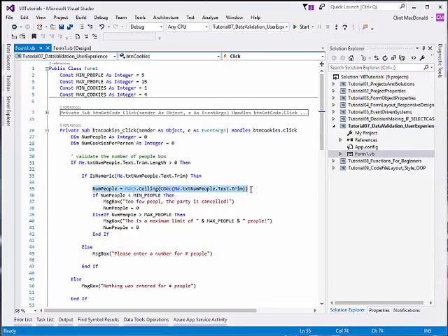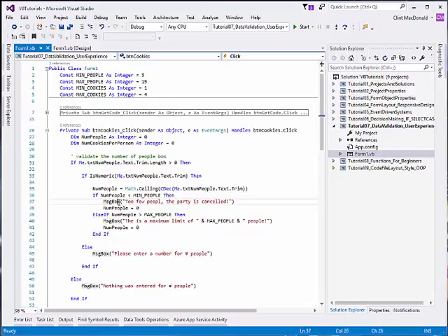Once we know it's numeric, we can perform our first mathematical calculation on it. We're going to ensure that the number of people is an integer. I don't think we're going to invite 5.5 people to our party; we're going to invite 6 people. So we're always going to round up, and Math.Ceiling does that rounding up. We're also going to convert this value to a decimal. So we're going to convert to decimal the text value, and again we're going to apply Trim always, because any spaces can mess up the values, as spaces are string characters, and when we're doing math we don't want